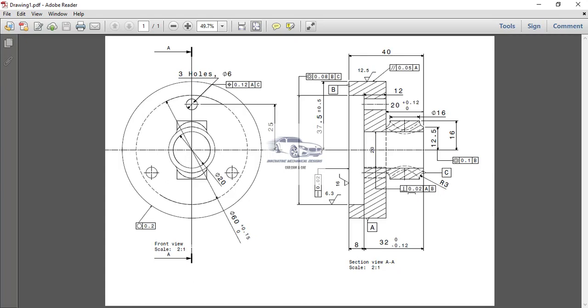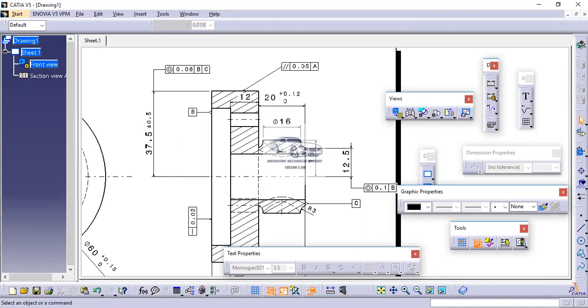So the first perpendicularity is related to this particular section, 0.02 with respect to A and B. यानी ये जो 20 डायमीटर का होल है इसकी सरफेस with respect to the surface of this datum A and datum B in terms of perfect 90 degree angle. यानी इस particular reference surface से इस particular reference surface का exact 90 degree angle maintain नहीं होगा, उसमें 0.02 units का deviation allowed है.